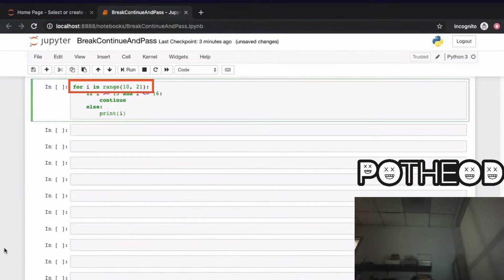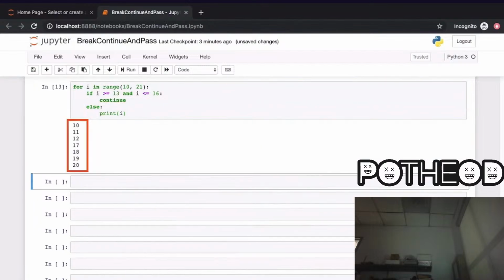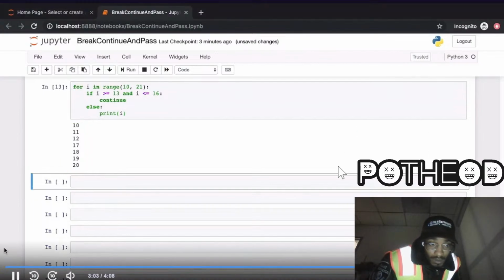Here is another example that uses continue. For i in range 10 to 21, so i will take on values starting from 10 going up to but not including 21. When i is greater than or equal to 13 and i is less than or equal to 16, we simply continue and do nothing. Otherwise, we print i out to screen. When you run this code, this will print out all values of i from 10 up to and including 20 except values 13, 14, 15, and 16. That's when our Python execution encounters continue. If you were to write the same